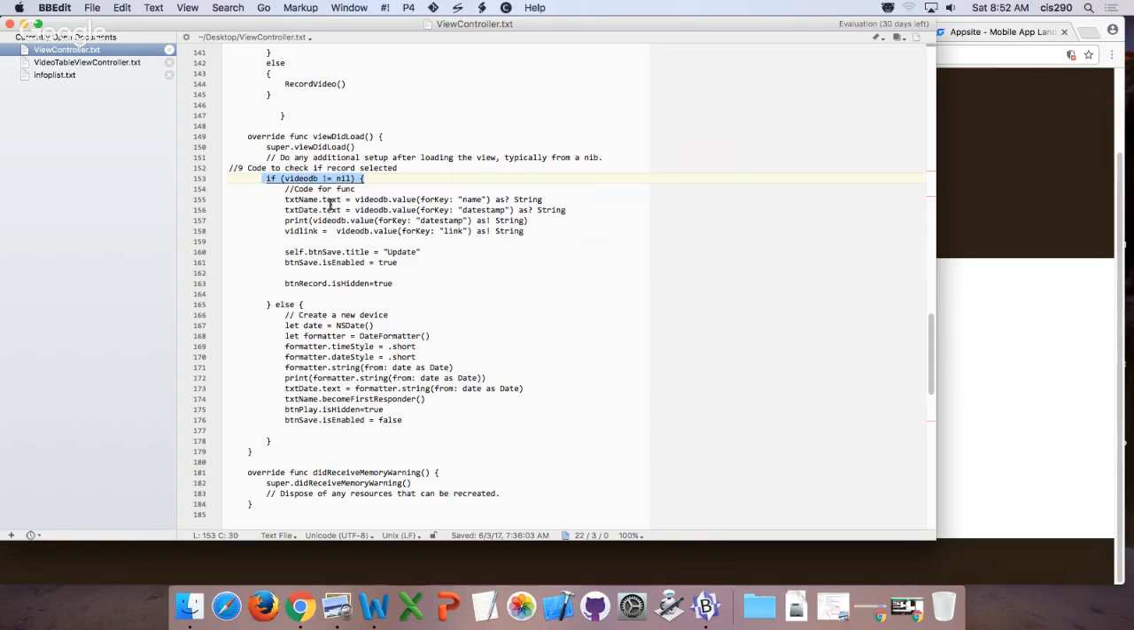So what it's going to do is take the code from the core data and populate the text name with whatever the field content is for the name in core data, whatever the field content is for date stamp in core data, and plug it in the date field there. And the vid link is coming from the link in core data. And you'll notice when I call it, you just put the name of the core data. In this case, it's video DB